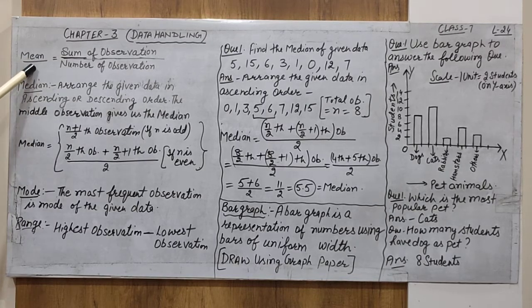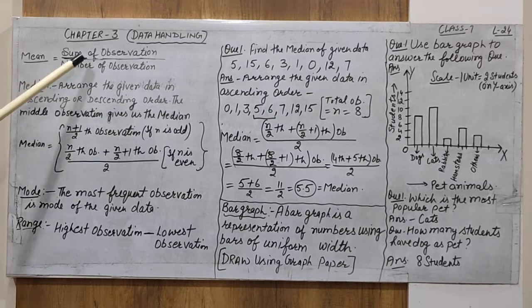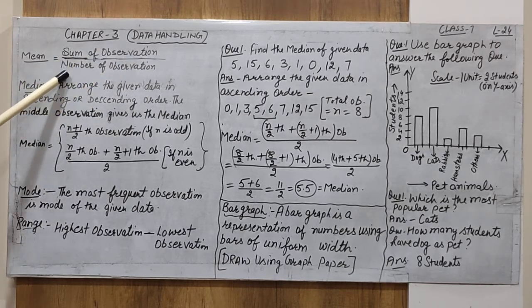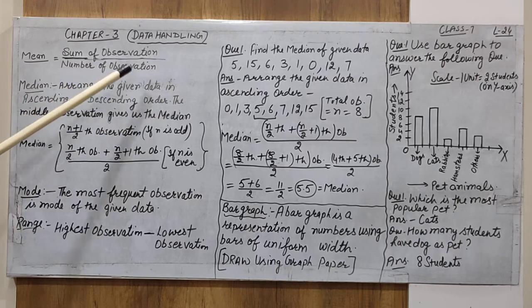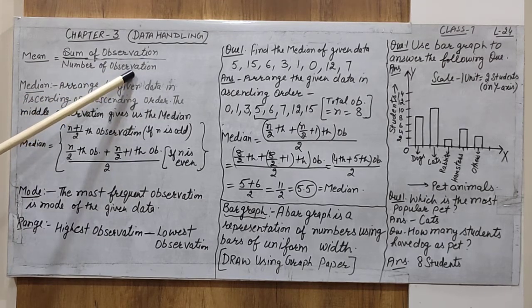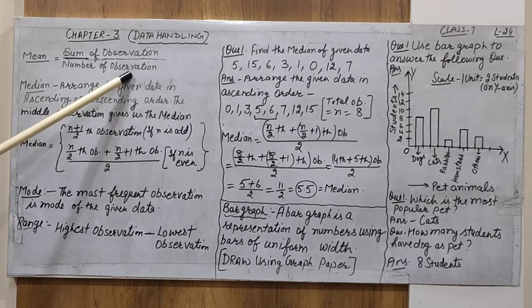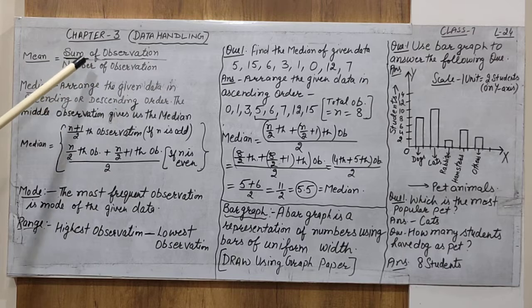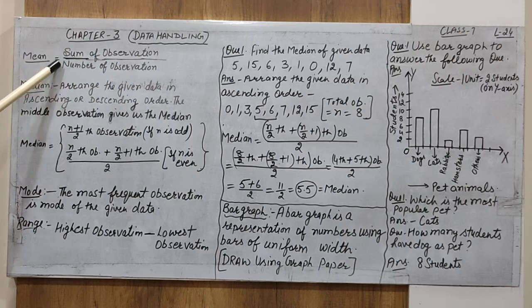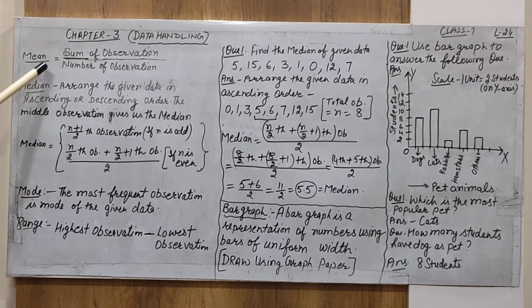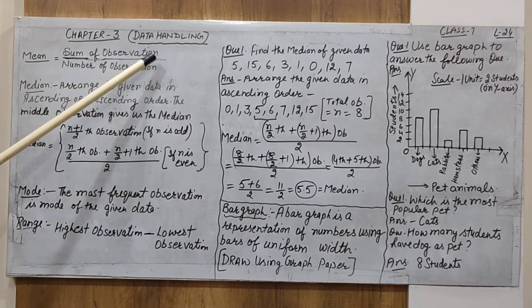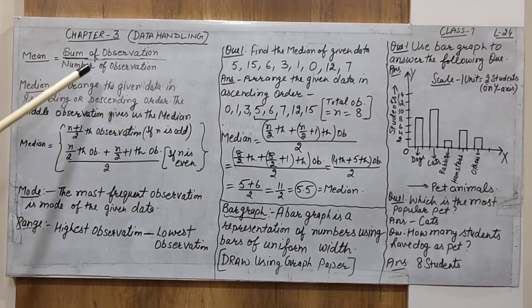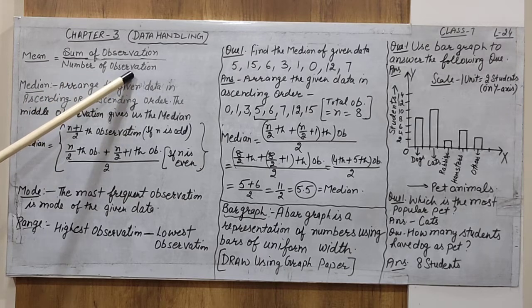The formula for the mean of given observations is the sum of the observations divided by the number of observations. Observations can be in the form of marks, weight or any other numerical values, but all the quantities are similar. That kind of observation is called data. First we arrange the data in some order and then find the mean. So mean is the sum of the observations divided by the number, or frequency, of the given observations.